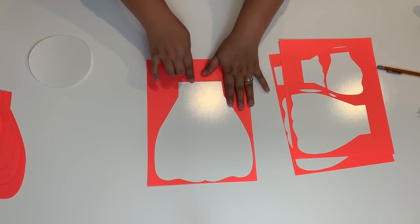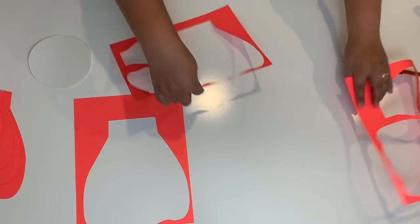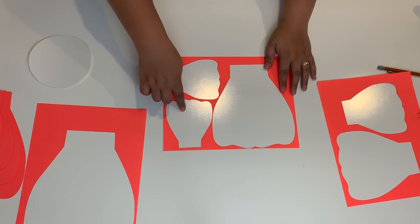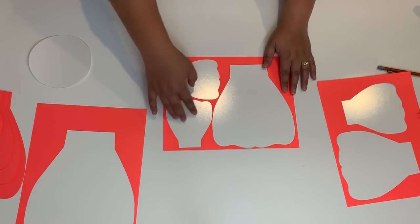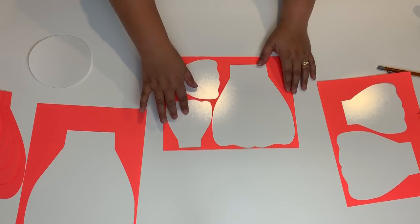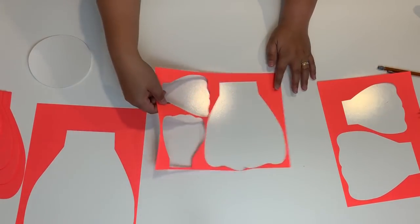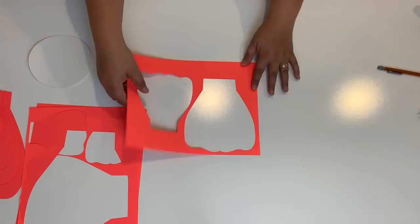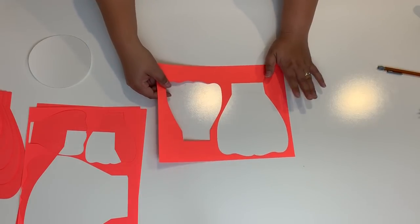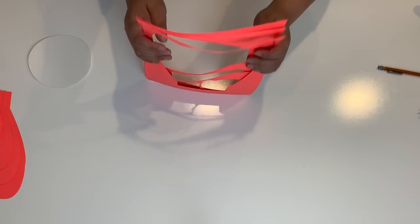So this is petal number 1, the largest petal. You'll need 6 sheets of this. This is petal number 2 and petal number 5. I put 2 petal number 5 here in a way that although you're only going to cut 6 sheets of this paper, you'll still end up with 12 pieces of the smallest one. So this is the 2nd and the 5th petal. On this other layer, we have the 3rd and the 4th petals, so all you need is to cut 6 sheets for this. So now that I've introduced how I lay out mine,